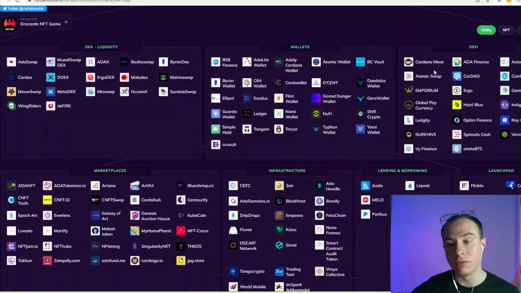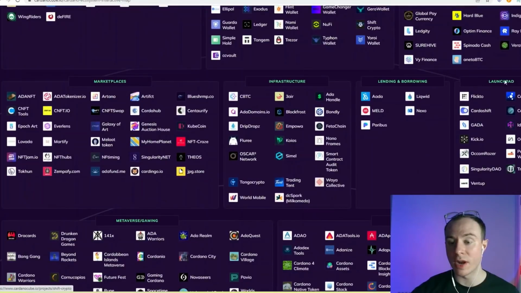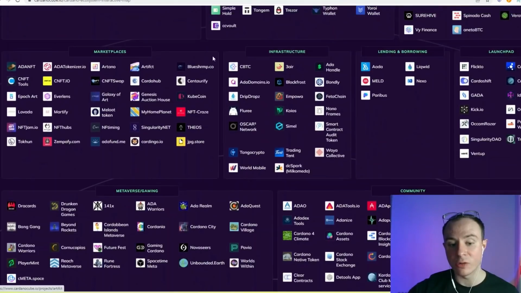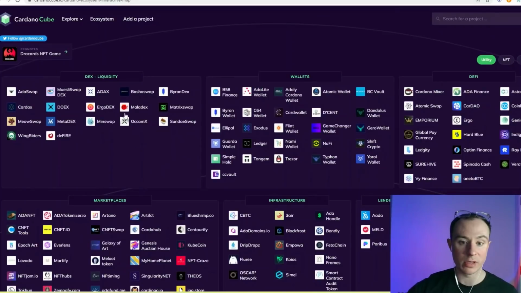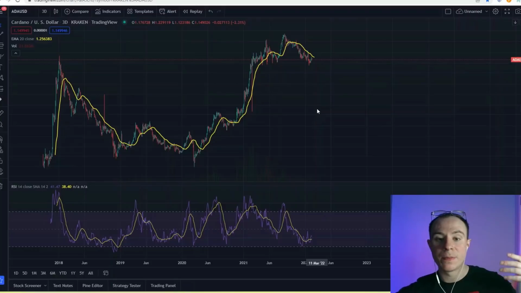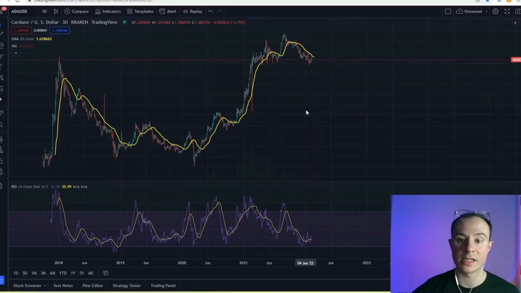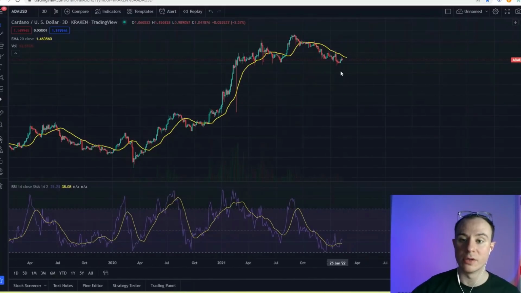dApps is another one. DeFi, we've got everything going on here, guys, and it's still all being built. I'm hugely bullish on the CNFT space, hugely bullish on the DeFi space, the DEX space, and so on and so forth. And it's often very, very easy when these things are taking place to miss them, certainly when the price action is doing this.